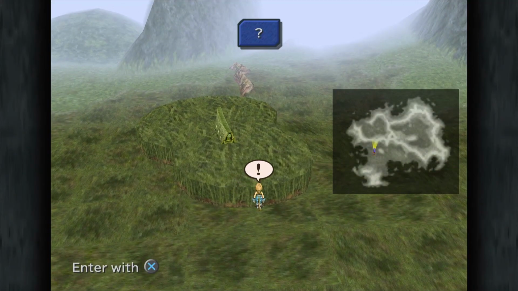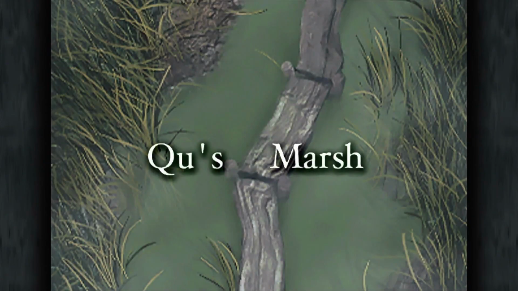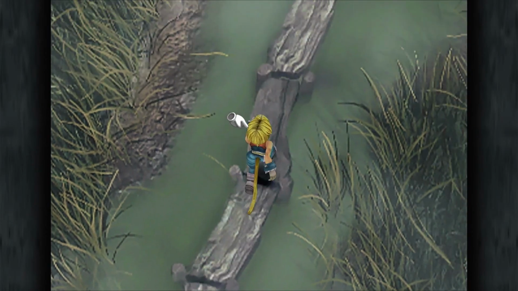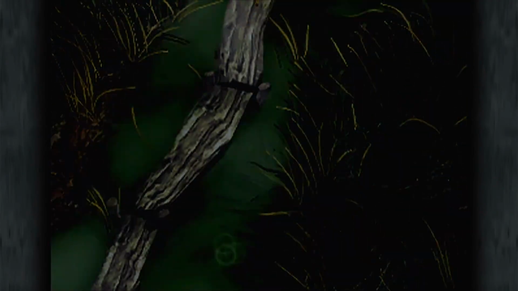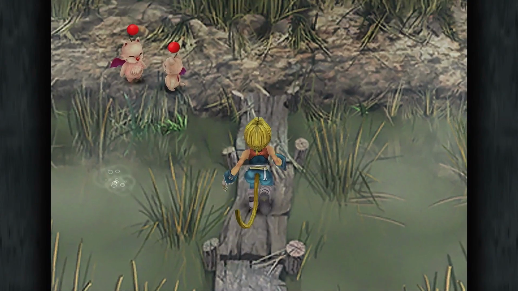But the first thing we want to do is enter here. Qu's Marsh. Sound familiar? So that marsh or swamp that Zidane pointed out in the telescope, that was Qu's Marsh. And if we move forward ahead,